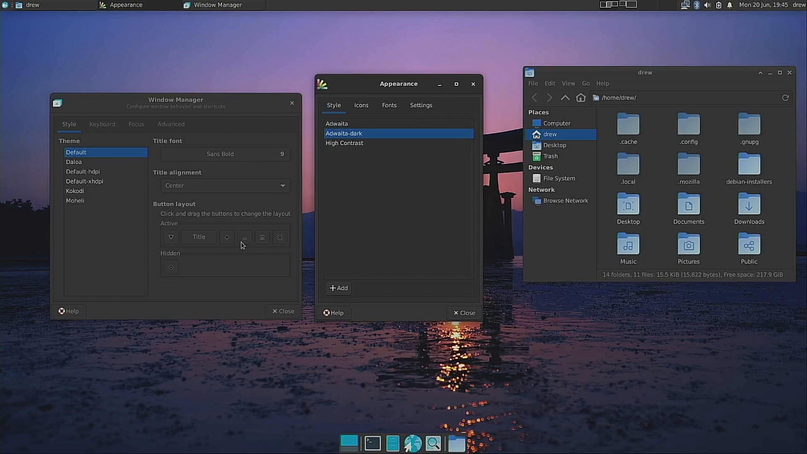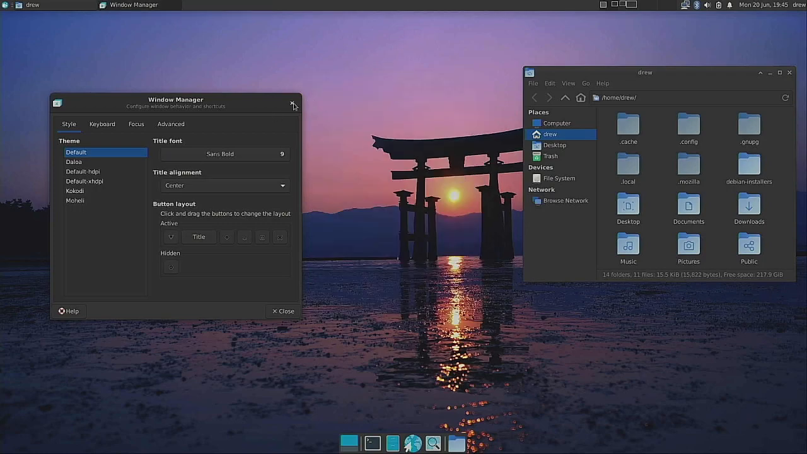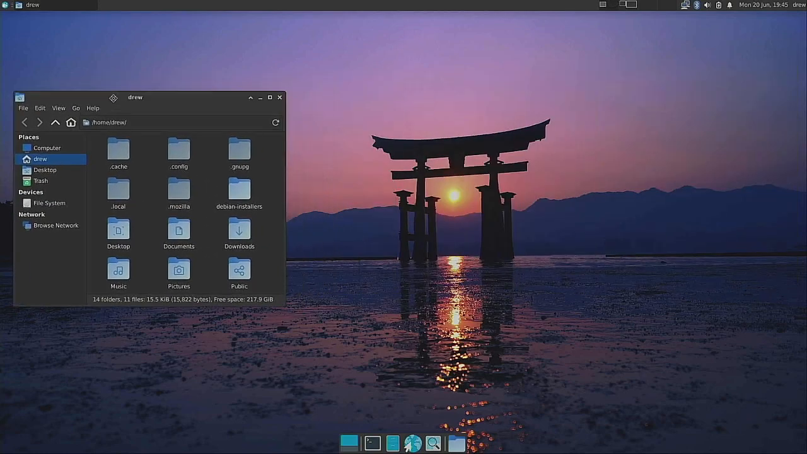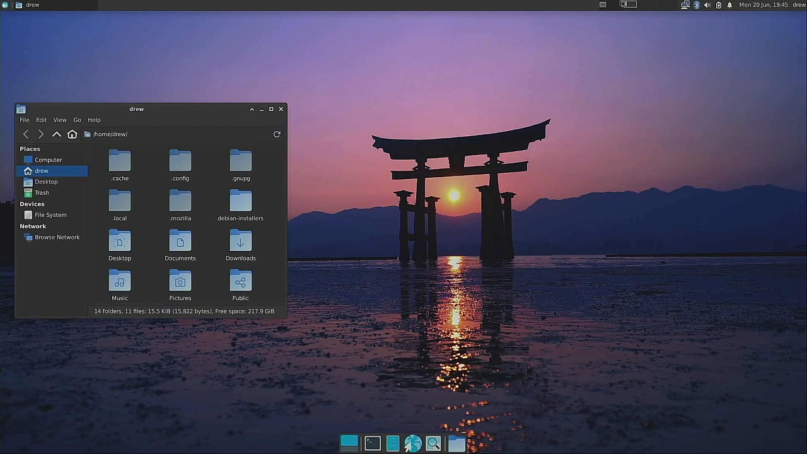And you can also say, okay, I don't want the minimize. I can put it down here and it becomes hidden. So there you go. Okay. I'm going to go ahead and close these, but leave this open. And I'm going to go back to the